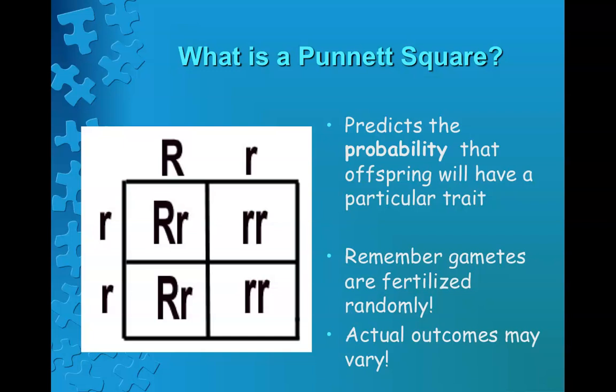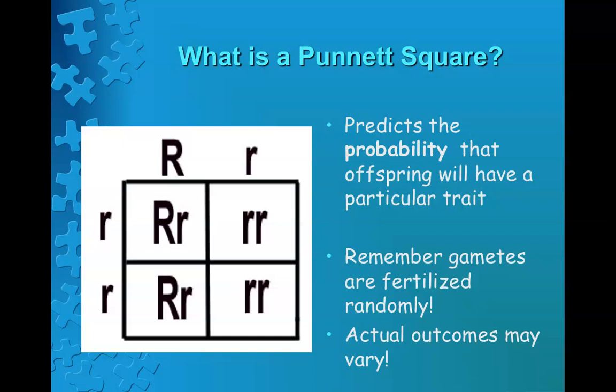But if I take a look at a brother and sister, I could have just as easily gotten two offspring that look like this, or I could have had them look like this. So you've got to be careful. The smaller your number of offspring you're counting, the further off it's going to potentially look from the probability that you predict. But the only reason I can use these Punnett squares is because of that law of